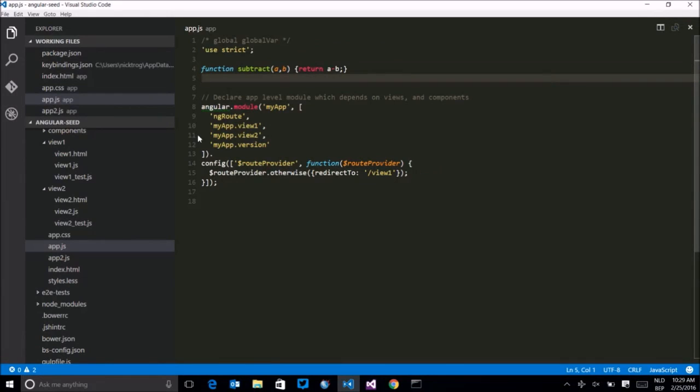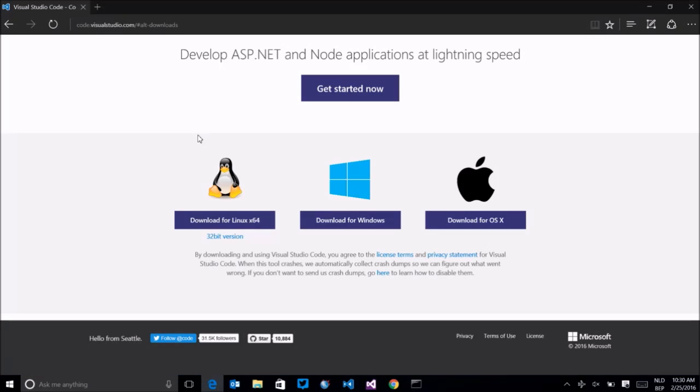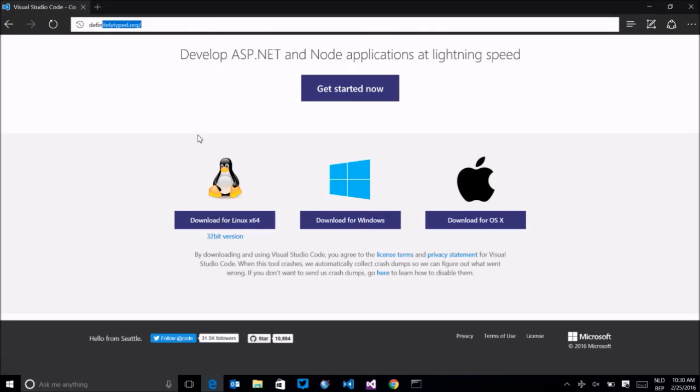For that, what I need to show you is there's a project which is called DefinitelyTyped. What is this? It's basically a community effort where people have defined the interfaces of all kinds of web application frameworks, whether it's Angular, whether it's jQuery, anything basically of JavaScript frameworks. And let me show you here. If we go to definitelytyped.org,